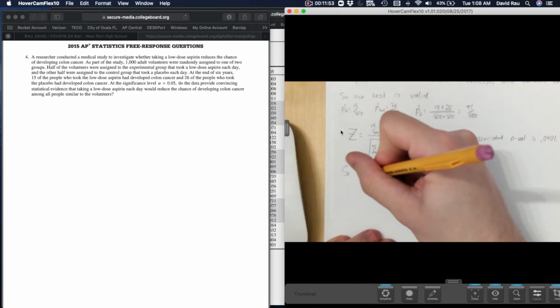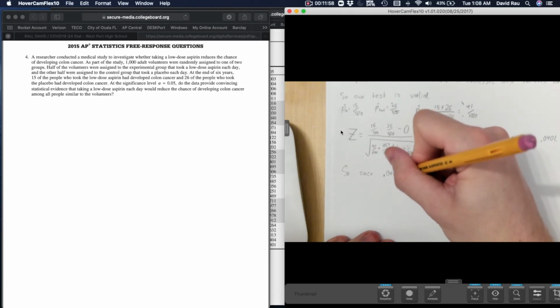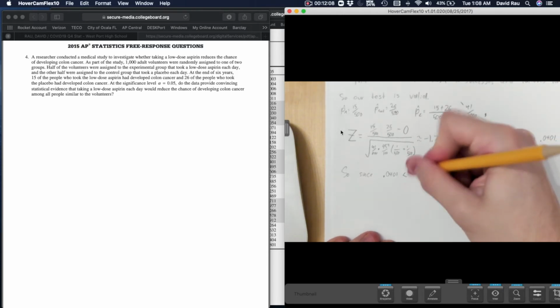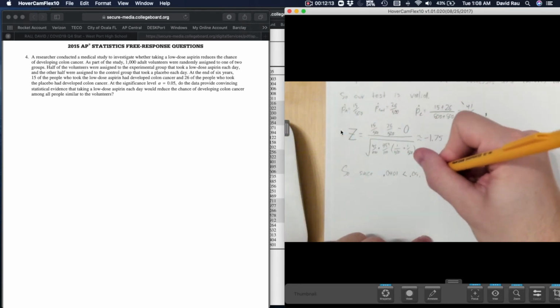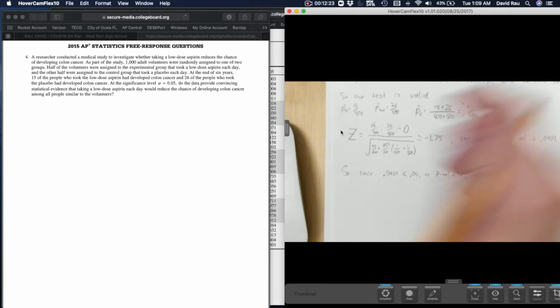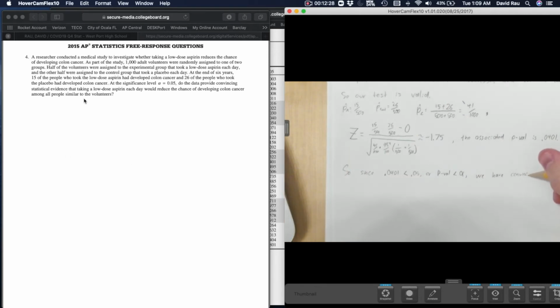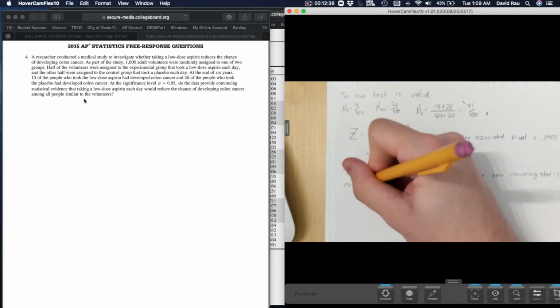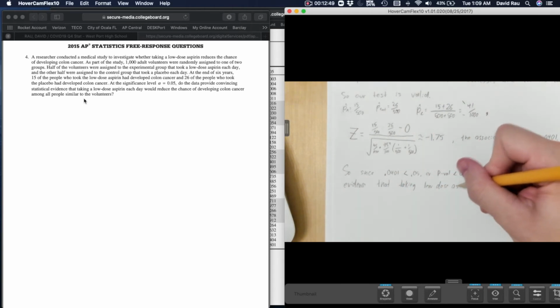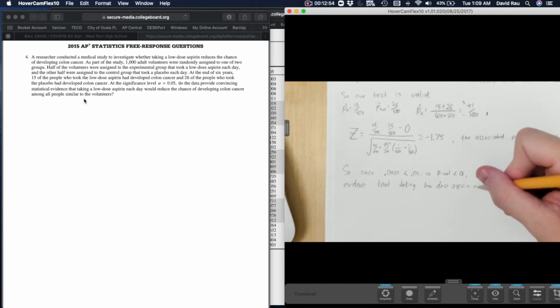Since 0.0401 is less than alpha, which equals 0.05, or p-value is less than alpha, I'll just say it like that. We have, and now it's time to copy the last sentence, we have convincing statistical evidence that taking low-dose aspirin each day, I'll say will, since it does, will reduce